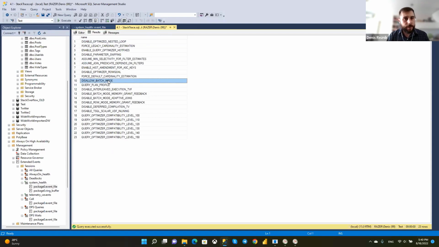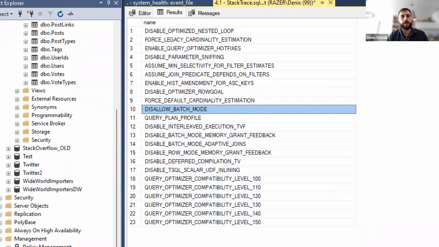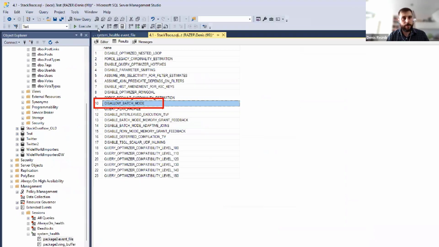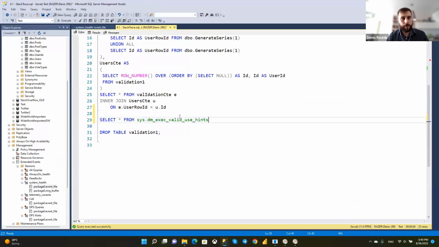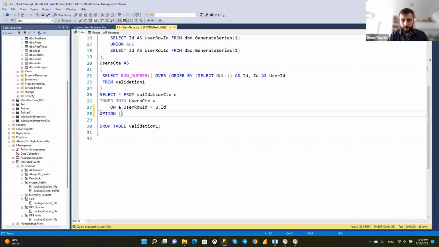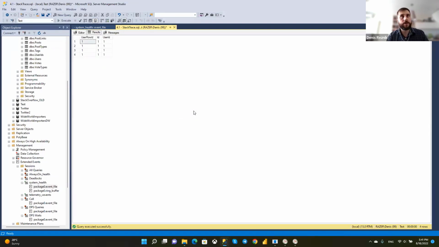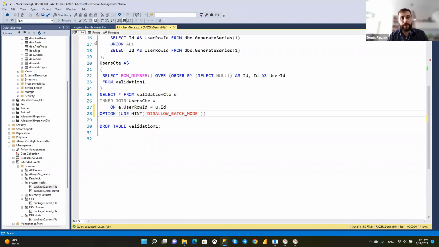And it has a good hint called DISABLE_BATCH_MODE. So if I put this hint in the query, you see, the issue is gone. The series is generated pretty quickly, and we see no assert error.